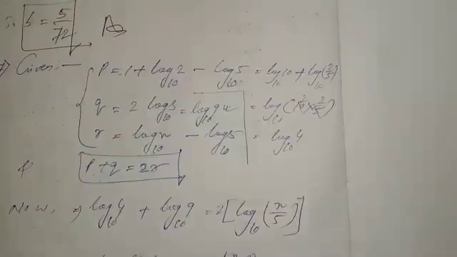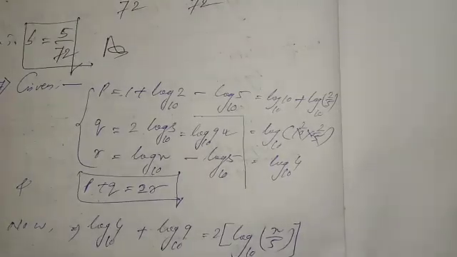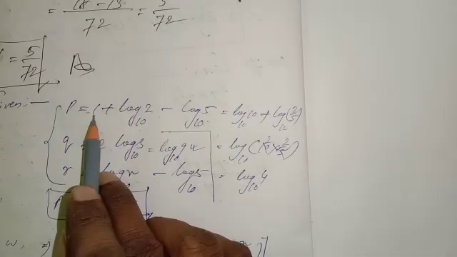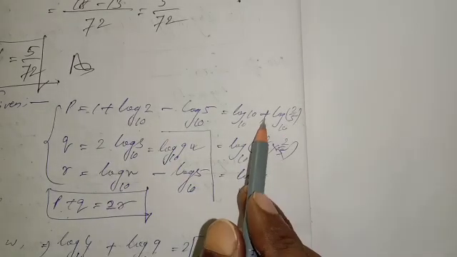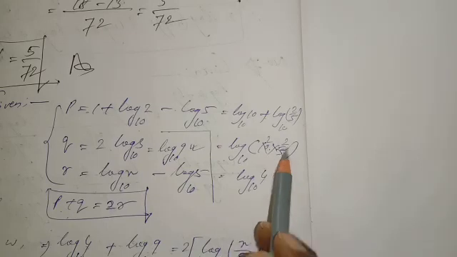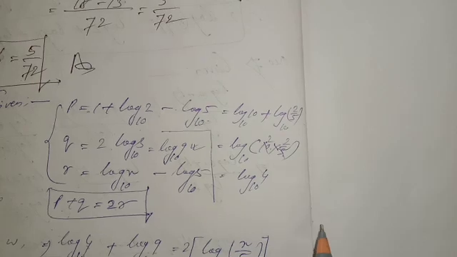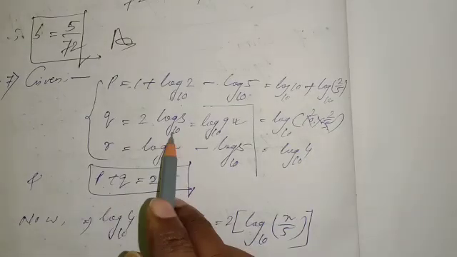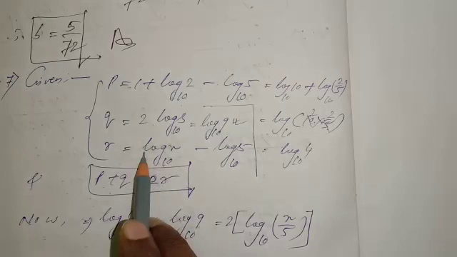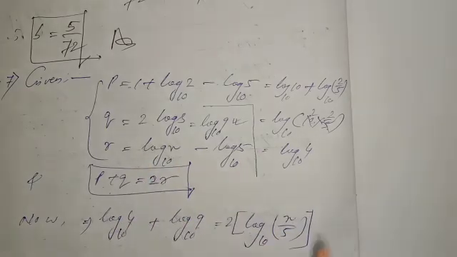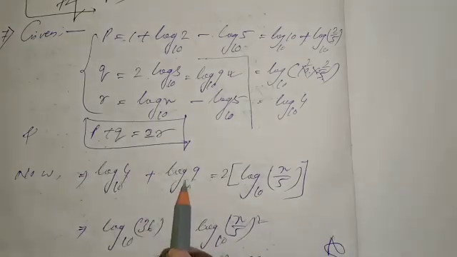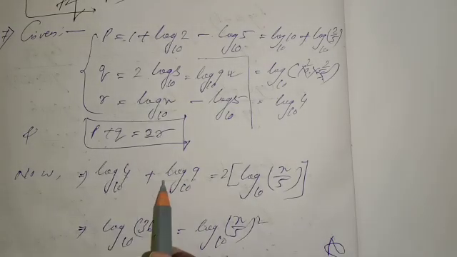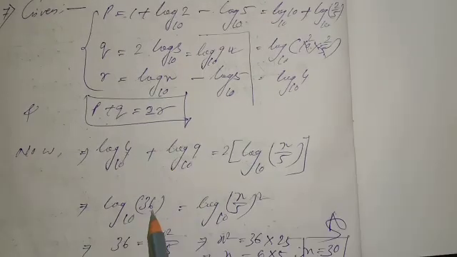Let me explain again. You have to simplify P. P is equal to 1, which means log 10 base 10. As it is a minus sign given, this will be log 2 by 5 base 10. Again, plus means multiplication, log of 10 into 2 by 5 base 10, which is equal to log 4 base 10. Okay. Q is given directly as 2 log 3 base 10, which means 3 whole square, 9. This is log x by 5 base 10. Putting the values of P and Q in P plus Q, log 4 plus log 9 means log of 4 nines, 36, base 10.